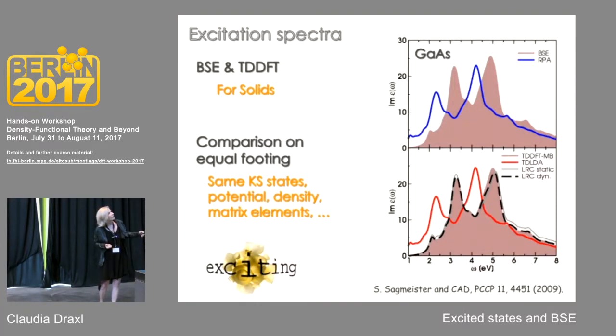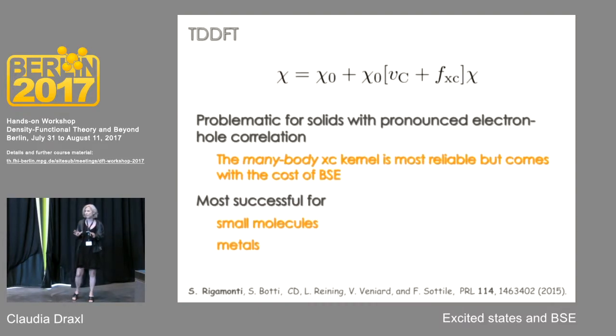And the best one, I would say, is the many-body kernel, but this has been derived from the Bethe-Salpeter equation, and that's why it comes with the same cost. Now, also it looks good for this material. I have to warn you somehow to use TDDFT for